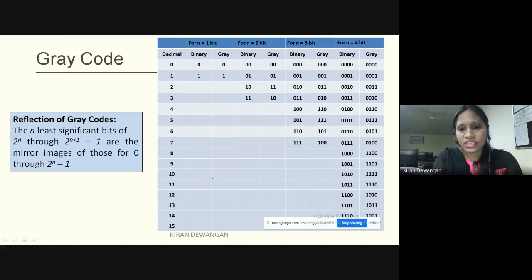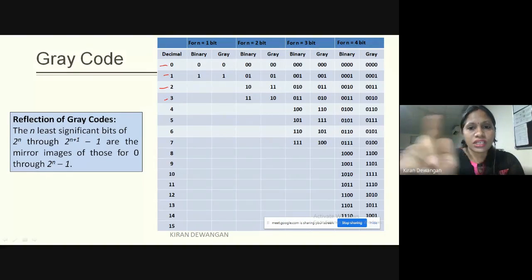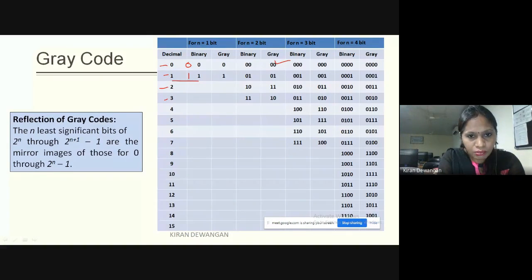Let me explain it once again. This is for 0, 1, 2 and 3. I'll explain for 2 bit. We'll start with initial bit 0 and 1, first bit position. Okay, that is the LSB. Now I'll take the mirror image of the upside to the down. 1 here becomes 1, and here it becomes 0, because 0 is farther. This line will act as a mirror. This will be just a mirror image of the upside to the downside.